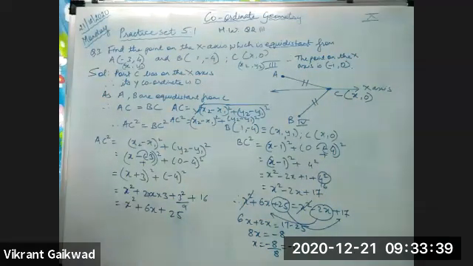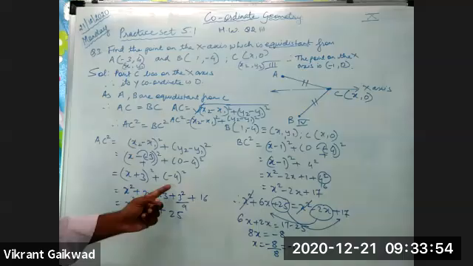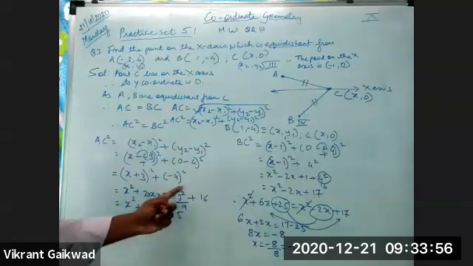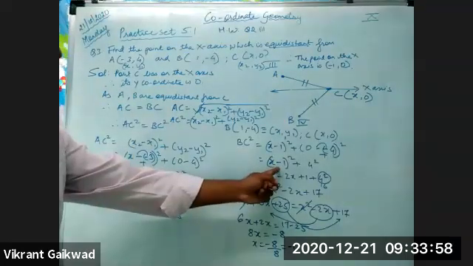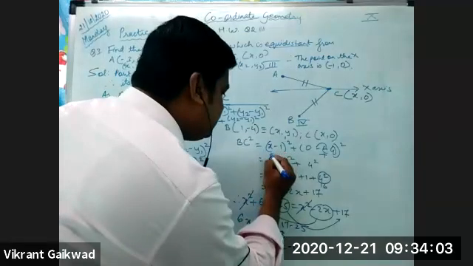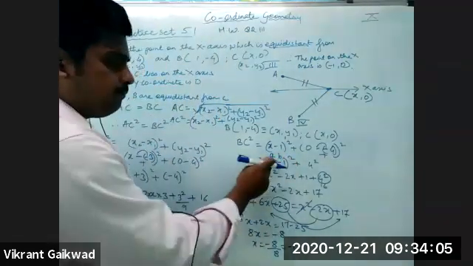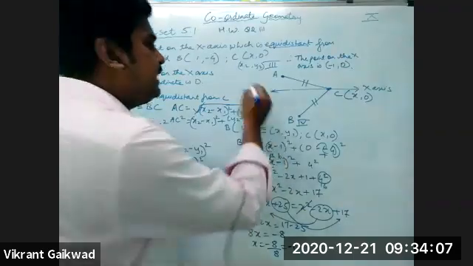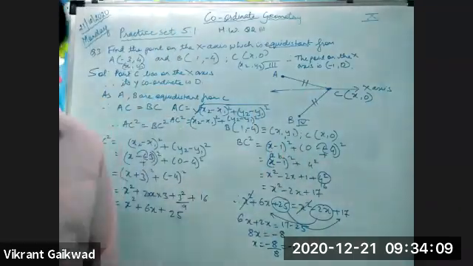Yes, Sandhya. Sir, I cannot understand this: x square minus 2x plus 1 plus 4 square. This one? No, sir, the last one, the ending. Yes, sir. See, now assume this as A and this as B. So x minus 1 is A minus B. I'll just erase the figure. Just wait.